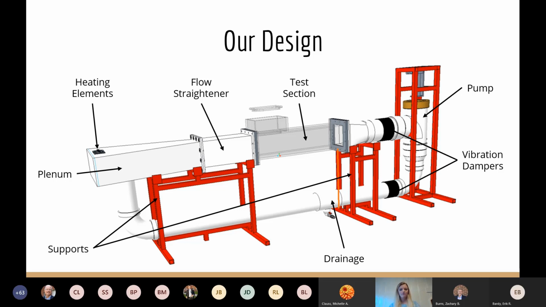Starting in the top left corner of the flume is the plenum, where the water will collect before going through the top portion of the design. This is also where the heating elements will be located. Next is the flow straightener portion, which will decrease the amount of turbulence in the flow before the water goes